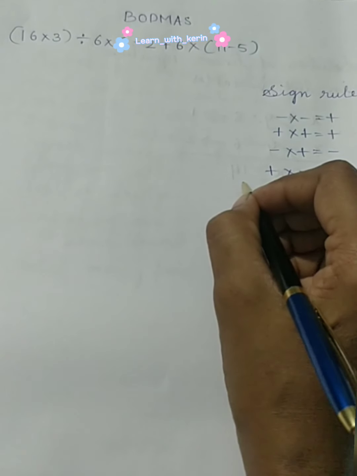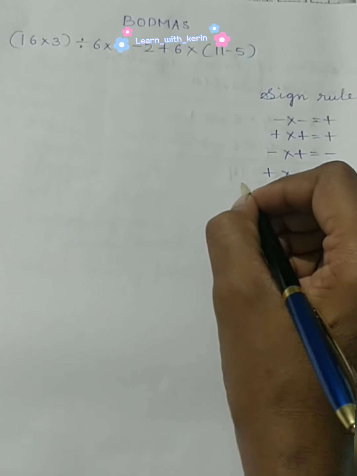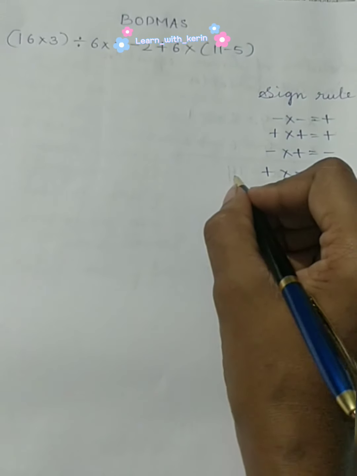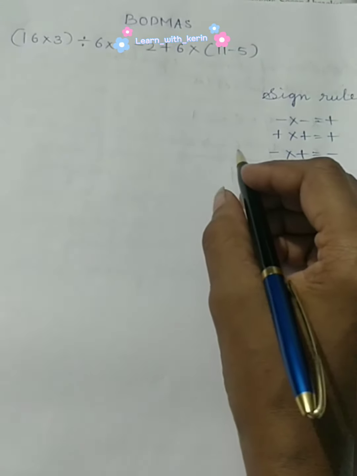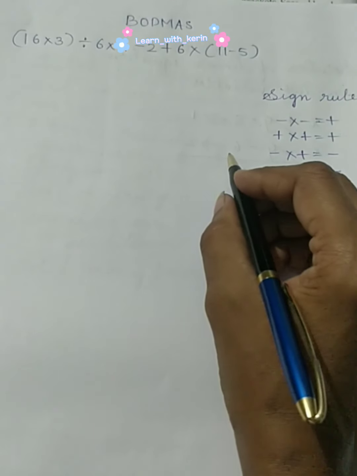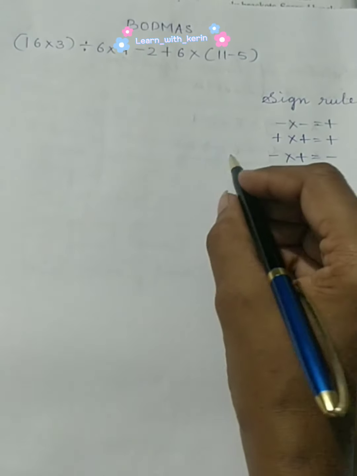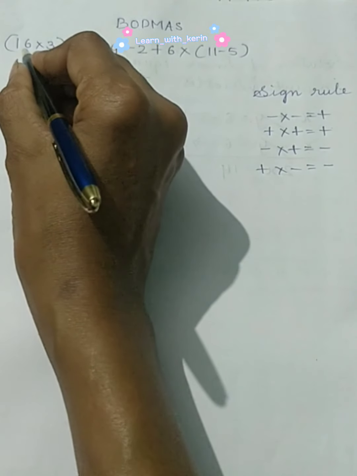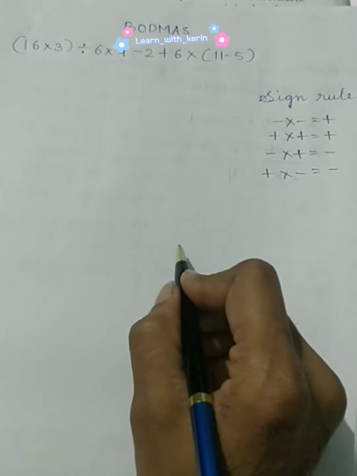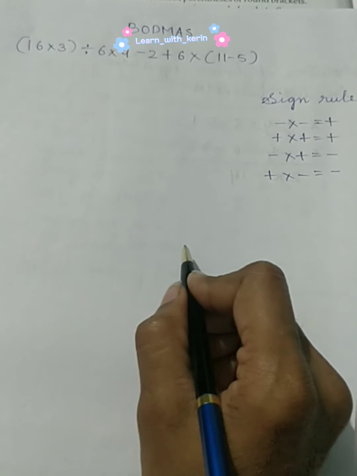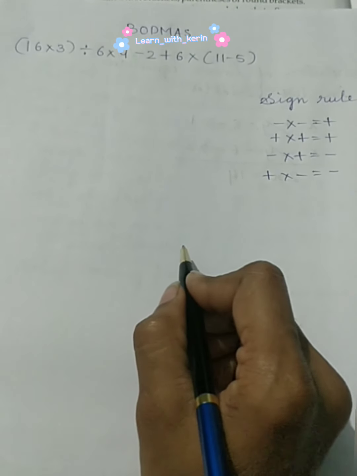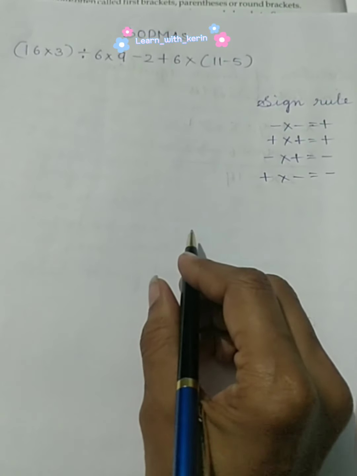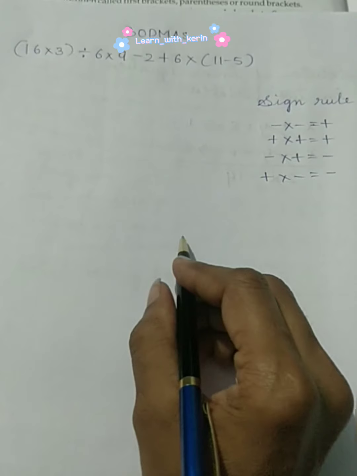Children, in our last sum, we focused much on brackets. Now, children, let us consider one more example. As you can see on the screen, the given sum does not have many brackets. Now, how to solve? The given sum has 2 common brackets. Like I said in my previous sum, we have to first solve the operations in the common bracket, followed by the flower bracket and square bracket. Now in this sum we have only common brackets. We will solve them now.